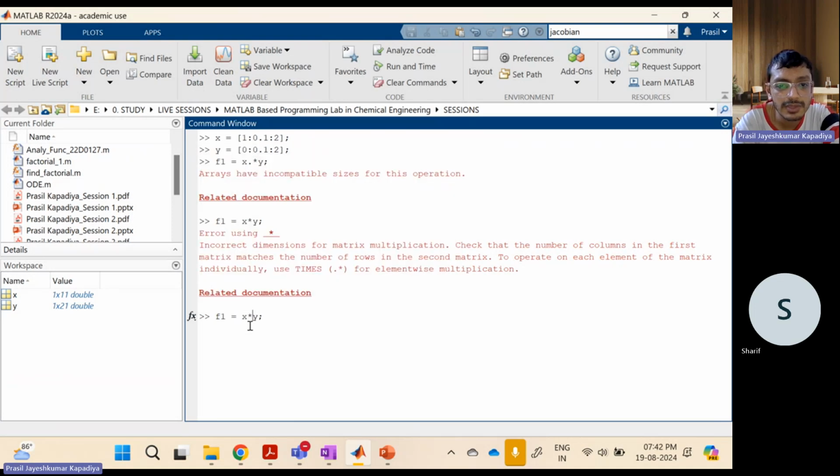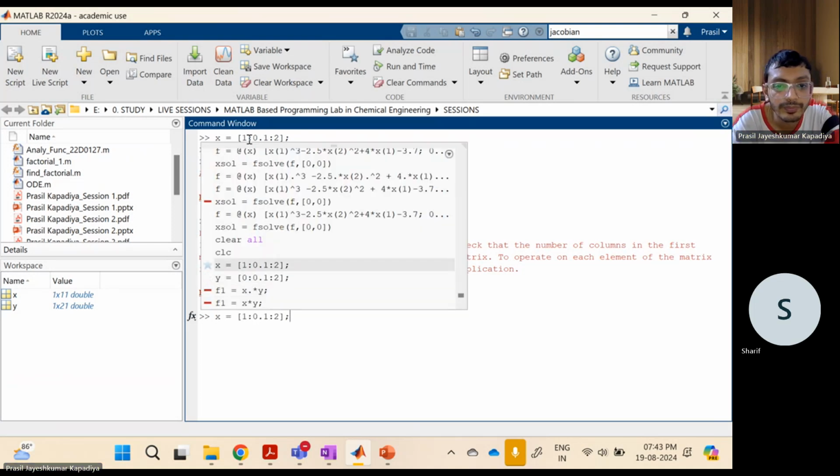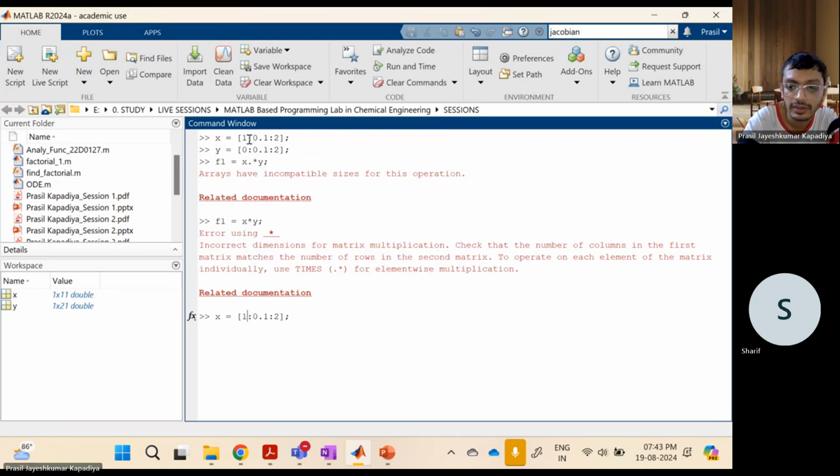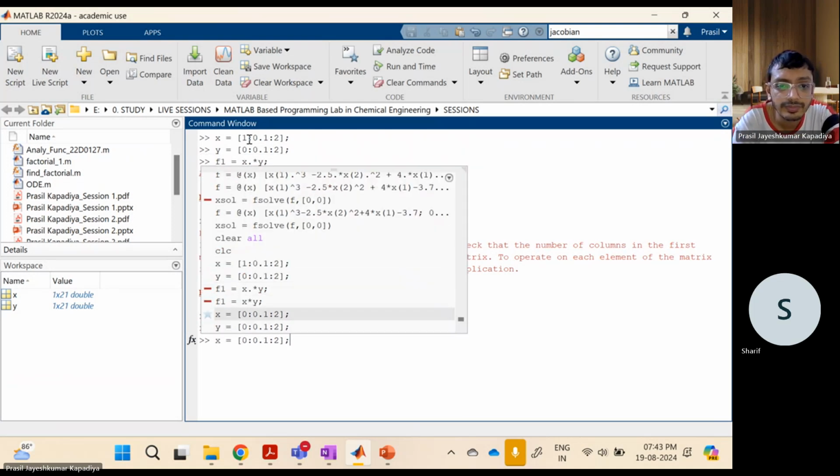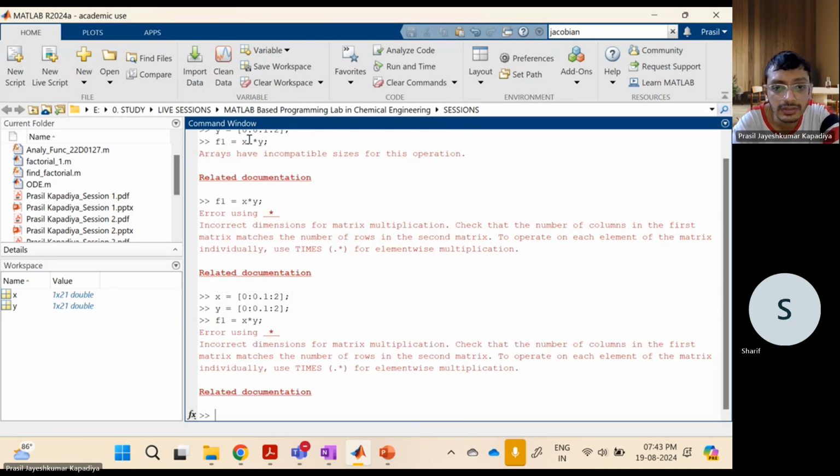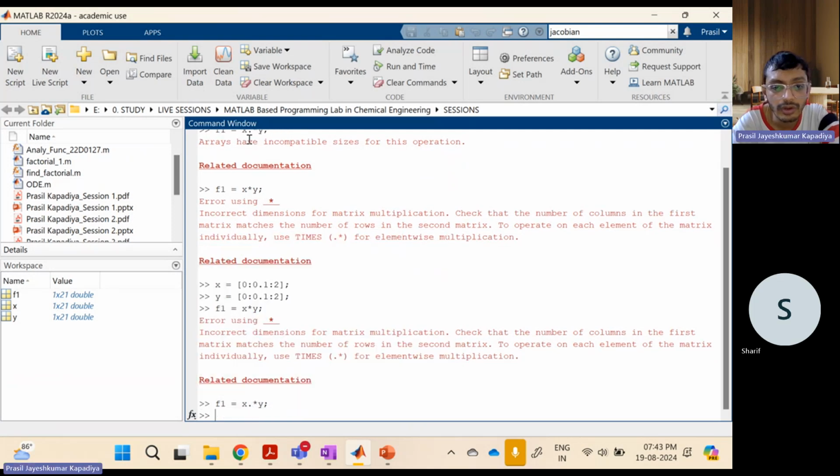Yeah, it should be of the same size. Okay, so let's do one thing. Both 0 to 2. Okay, let's keep both 0 to 2. Dot. And f2 is equal to